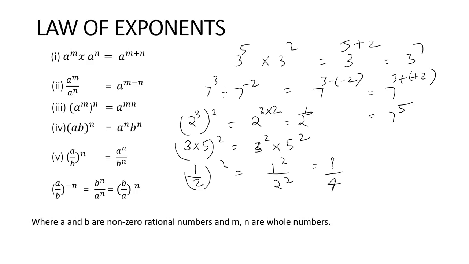And next you can see that the exponent is negative. How will you make it positive? So when the question is to evaluate or find the value, you should convert this into the positive form. So how will you do this? a by b the whole raised to minus n. How will you make it positive? Just take the reciprocal and then write the whole raised to n.